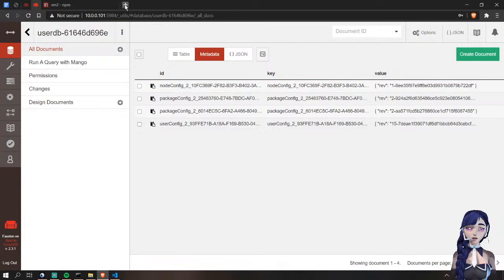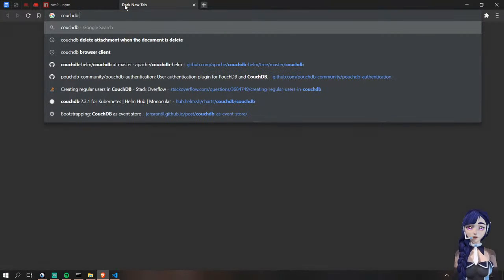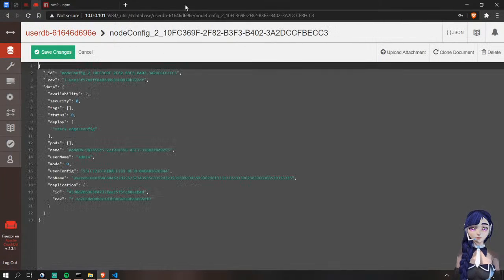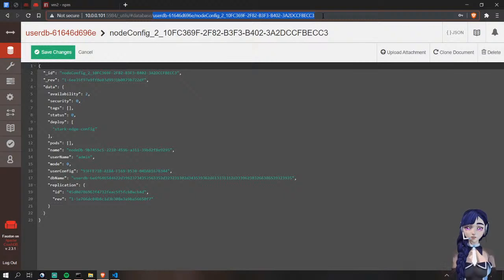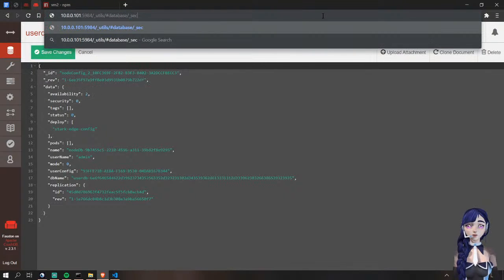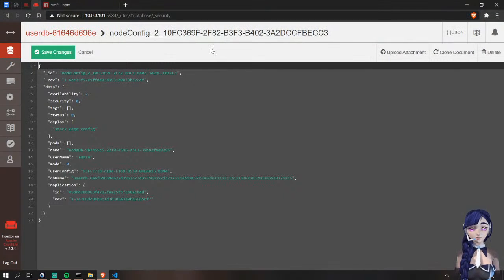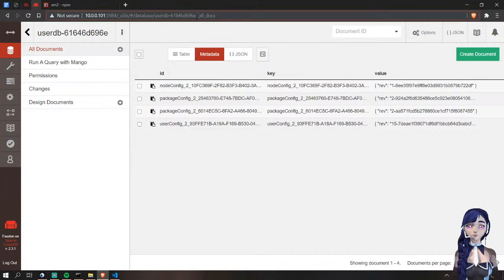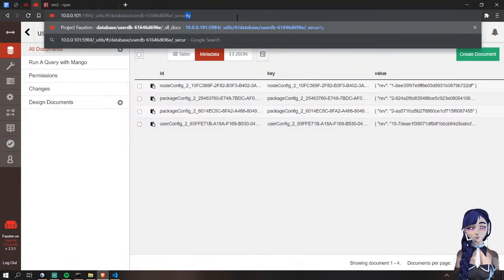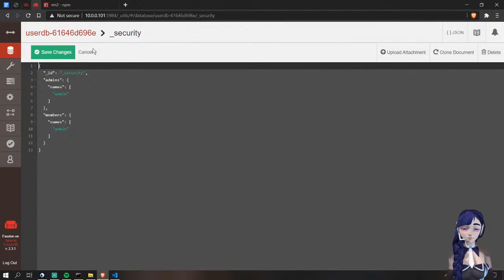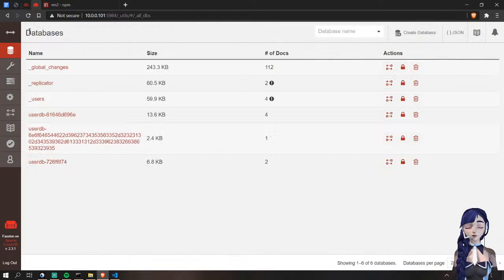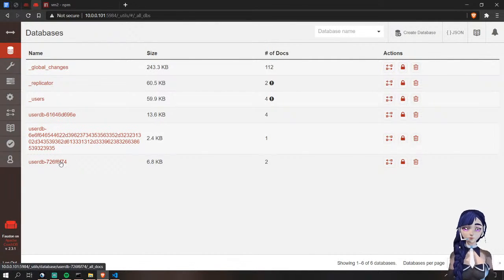And last time I found that CouchDB has actually really good security management. I just didn't know about it. So if I go to the security document, no, not this one, like this, I can manage what user can log into what database, which of course makes the security model a lot simpler to implement,